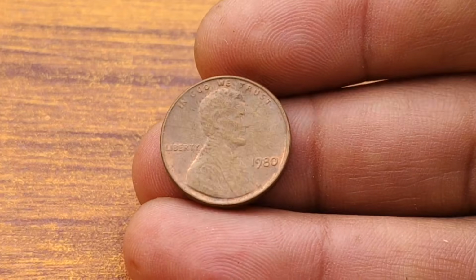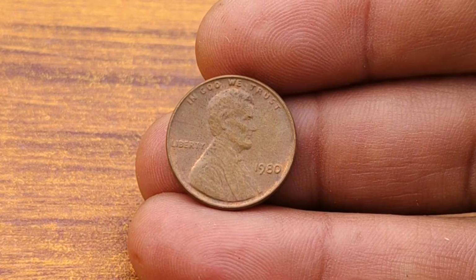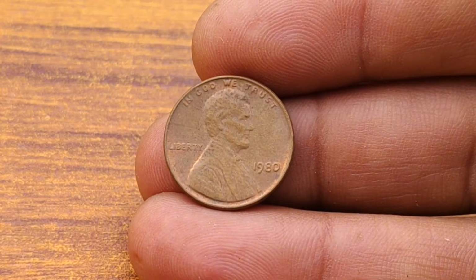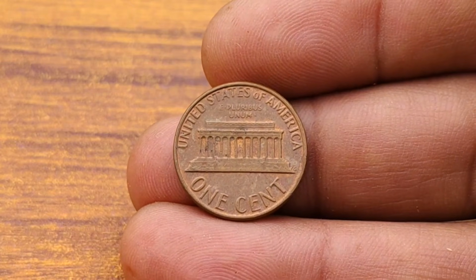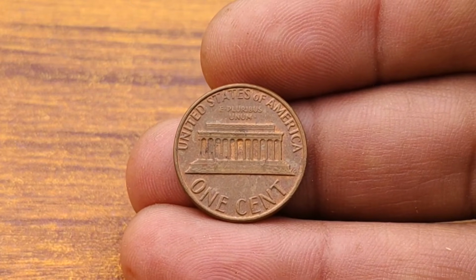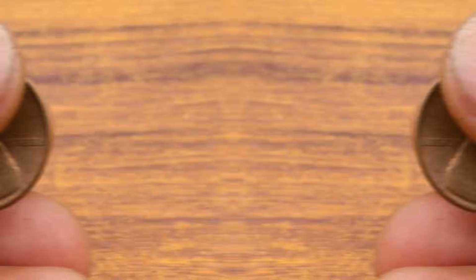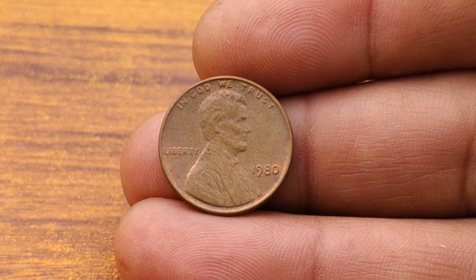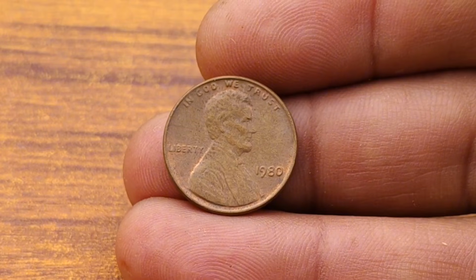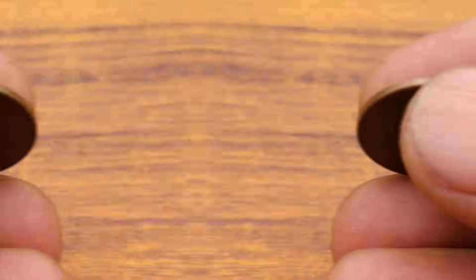Next up, we're diving deep into the fascinating world of coin collecting to explore the 1980 Lincoln Memorial penny in extremely fine condition and its surprising value in today's collector market. The 1980 Lincoln Memorial penny is one of the most commonly circulated coins in the United States. This iconic penny, designed by Victor David Brenner, features Abraham Lincoln on the obverse side and the Lincoln Memorial on the reverse. First introduced in 1959 to replace the wheat penny design, the Lincoln Memorial penny remained in circulation until